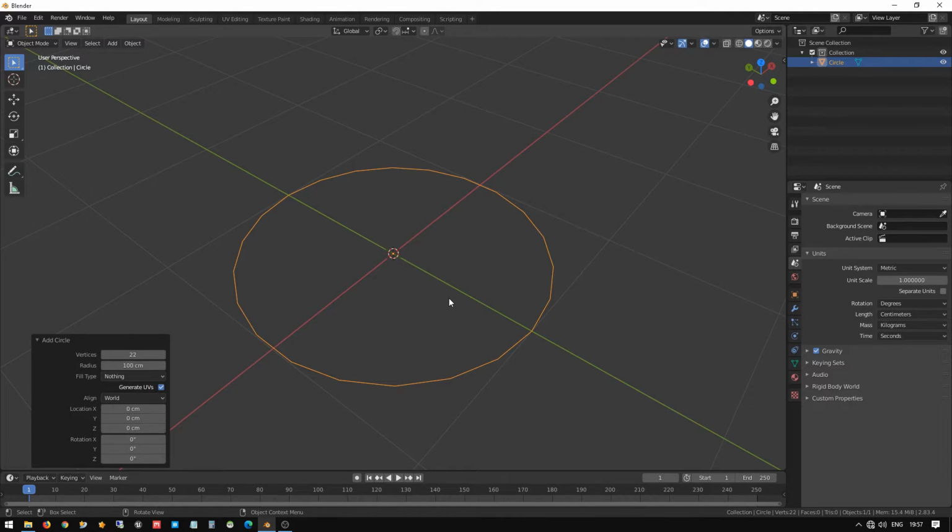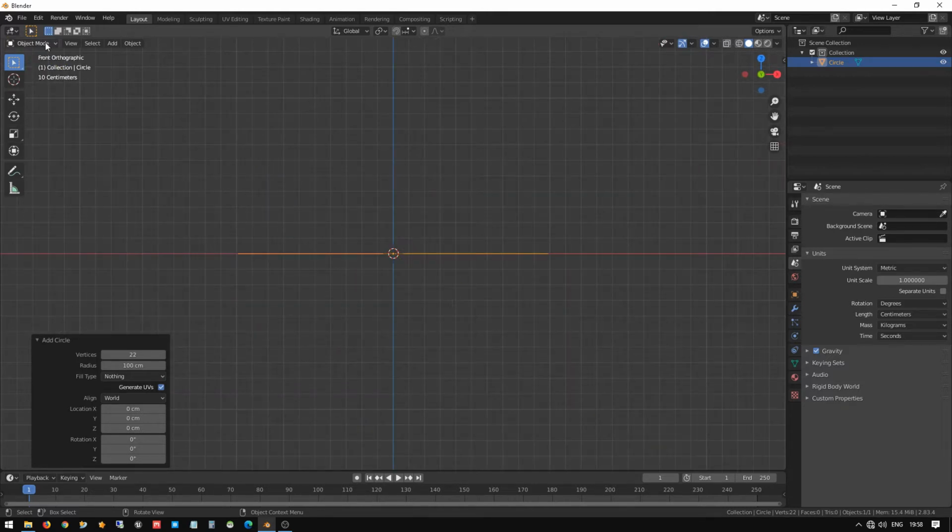Before that, I will show you an example of changing the viewport. The shortcut keys for front, top, bottom, left and right use the numpad keys. Press 1 to see the front orthographic view.